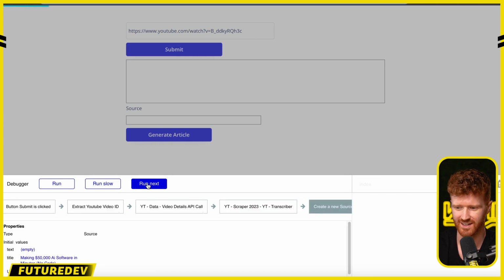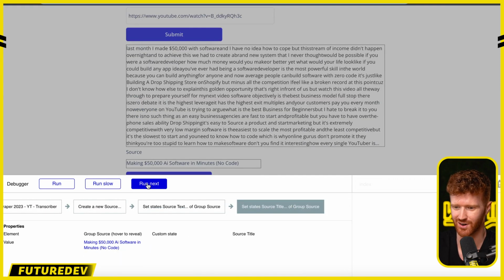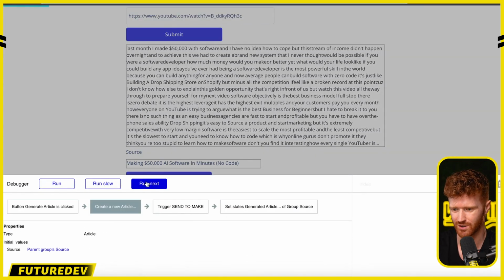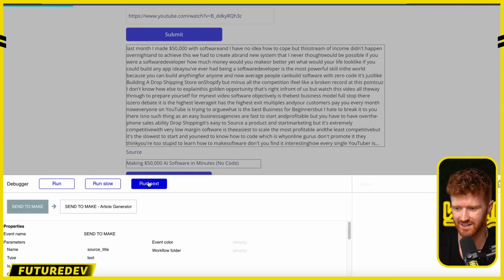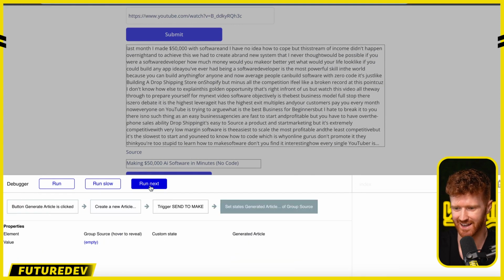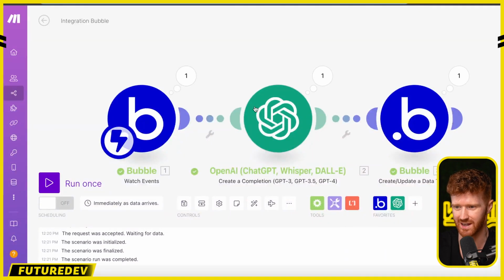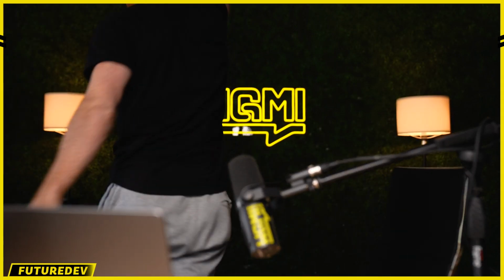We'll run next. It's getting all the information, and fingers crossed, we're displaying the article that gets generated. Let's do a step-by-step. We'll generate the article, run next again, all the way to the end. Let's keep running next, and it should be loading, waiting for Make. And you can see,